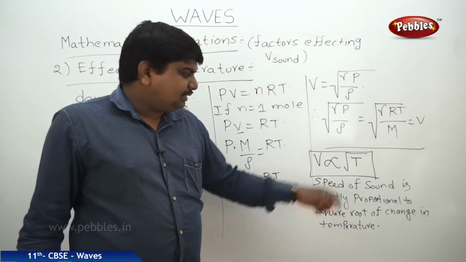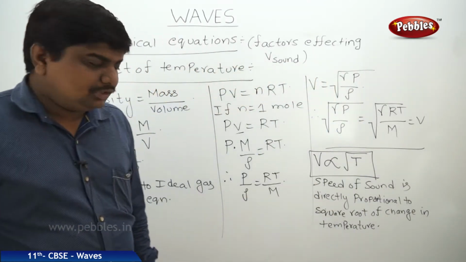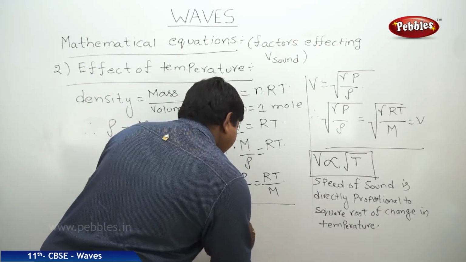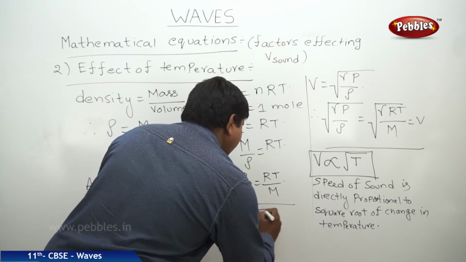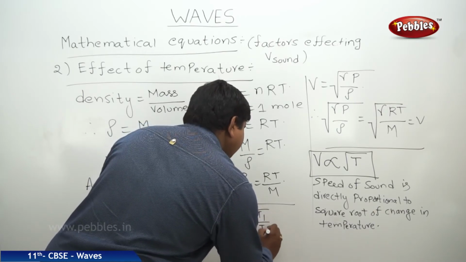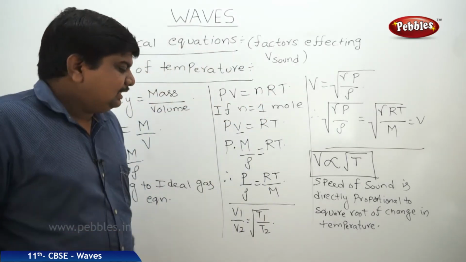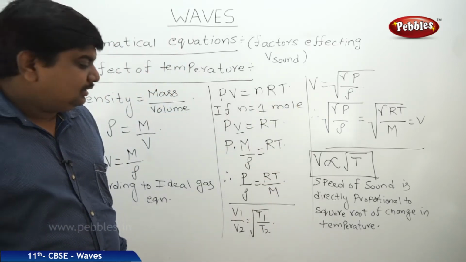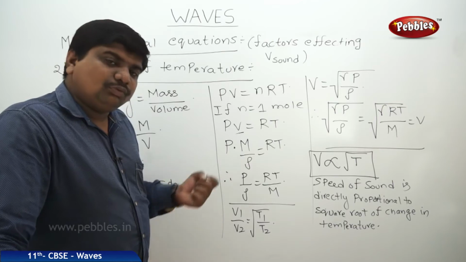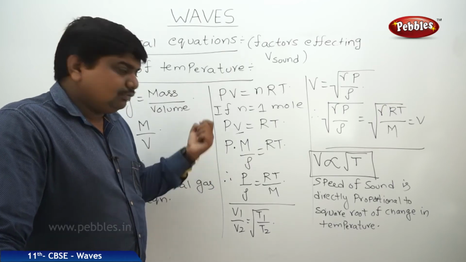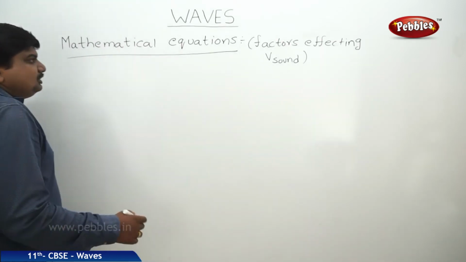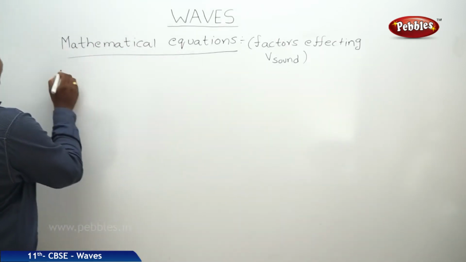So this was given by V is directly proportional to root T. So this equation can be written as V1 by V2 is equal to square root of T1 by T2. Theoretically, temperature and pressure both are related to directly proportional, but mathematically this won't be possible. How? We will see that in the next level. The next factor which was shown in mathematical way is effect of pressure.